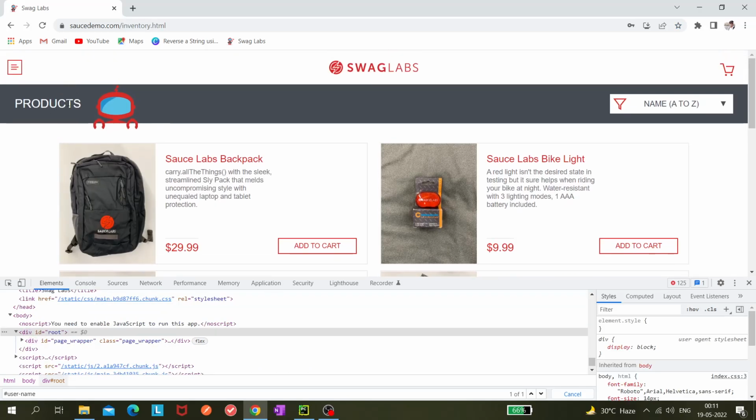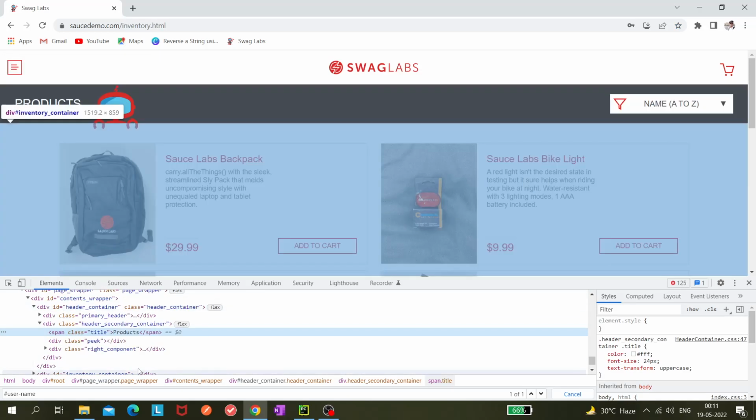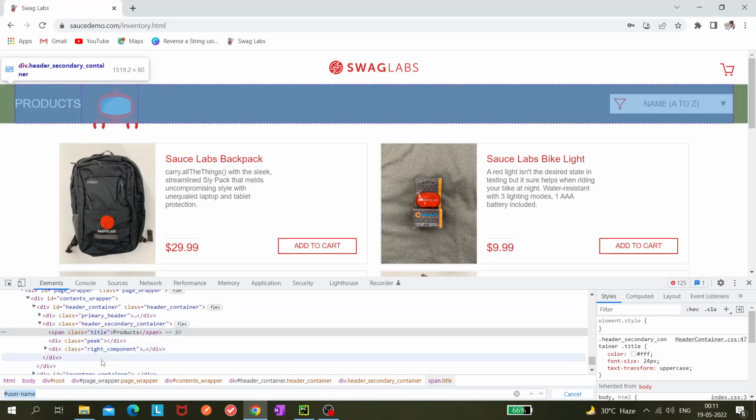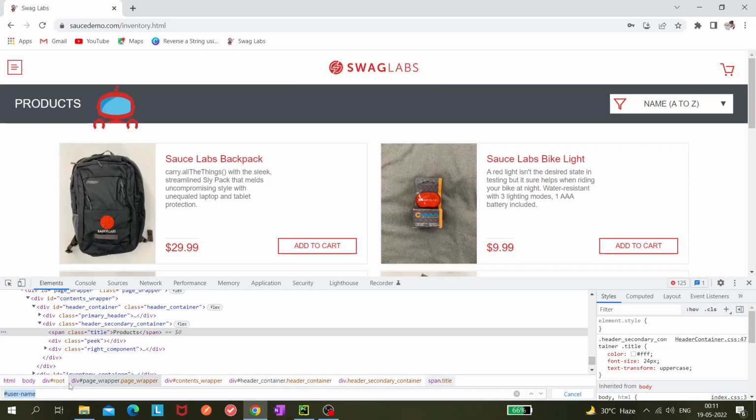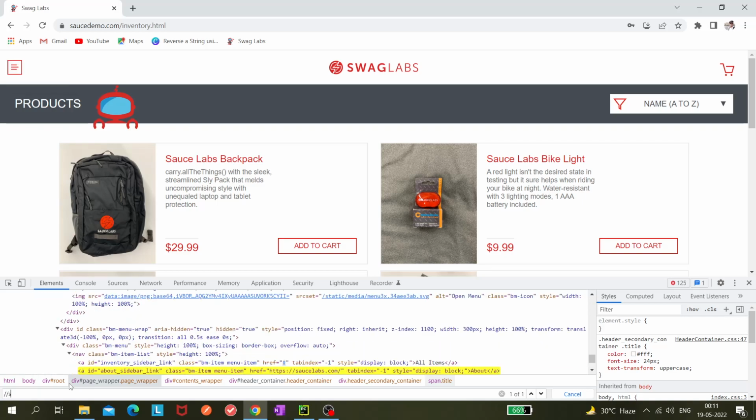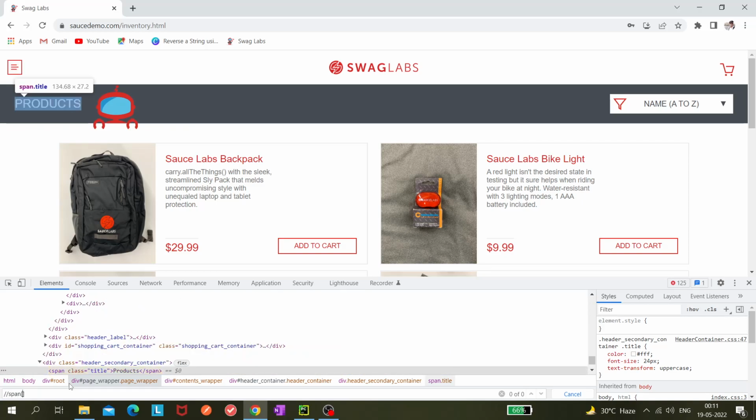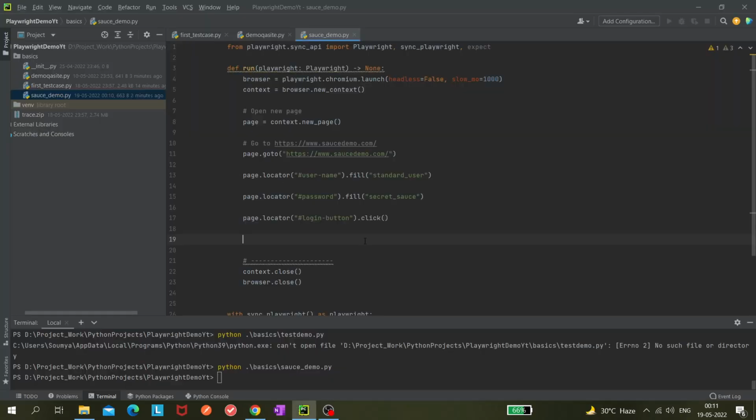So I need to validate this text, whether this locator is present or not. I can create an XPath, span text equals to Products. Okay, so this is the XPath, and it's matching these products, right? So I can use it. So I can write like